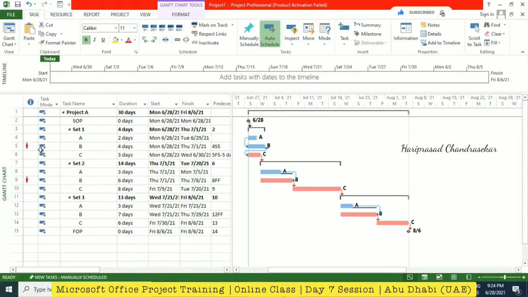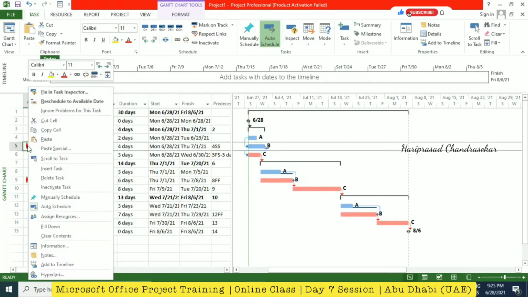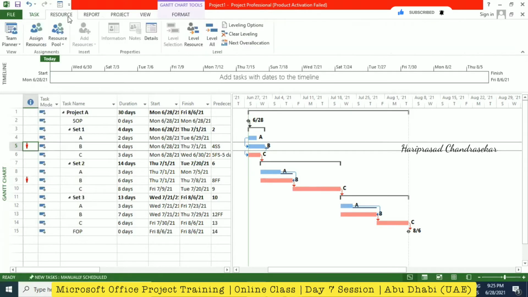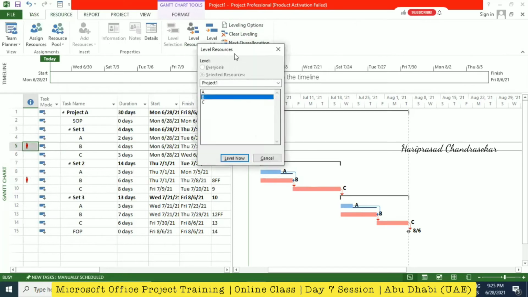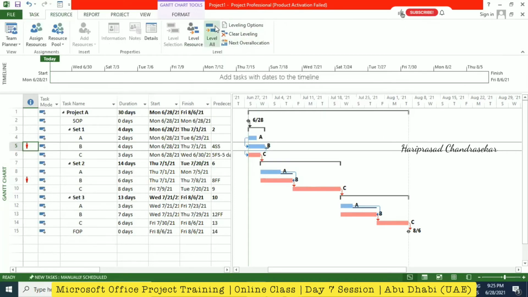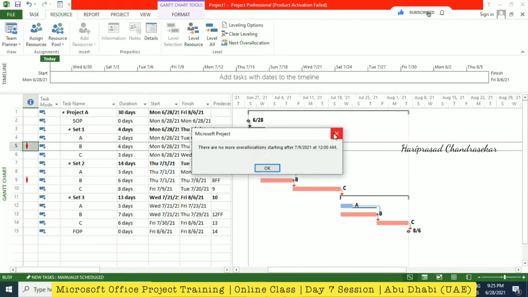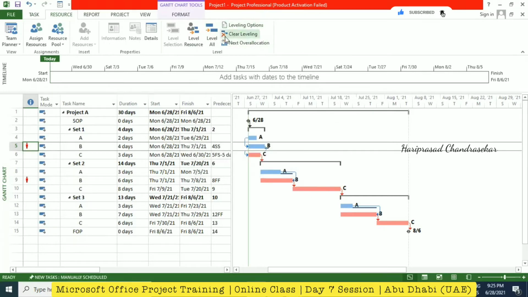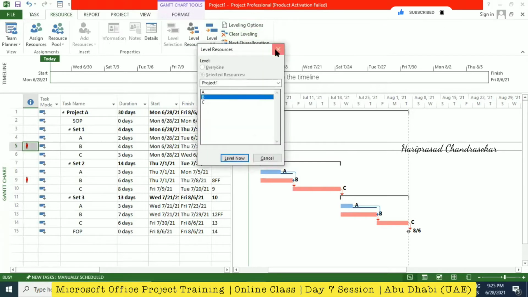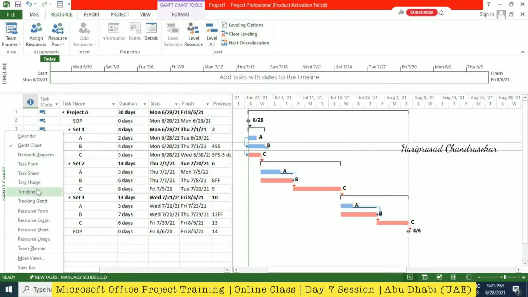After the baseline, we can compare. Or if you want to level the resource, you can have a baseline. It depends on your criteria. Right click and then reschedule to available date. We have this option. Or what we can do, we can go to resource and then leveling, the leveling options. I'm going for next over allocation. So which one we don't know. In that case, level resource, or we can go for resource usage,